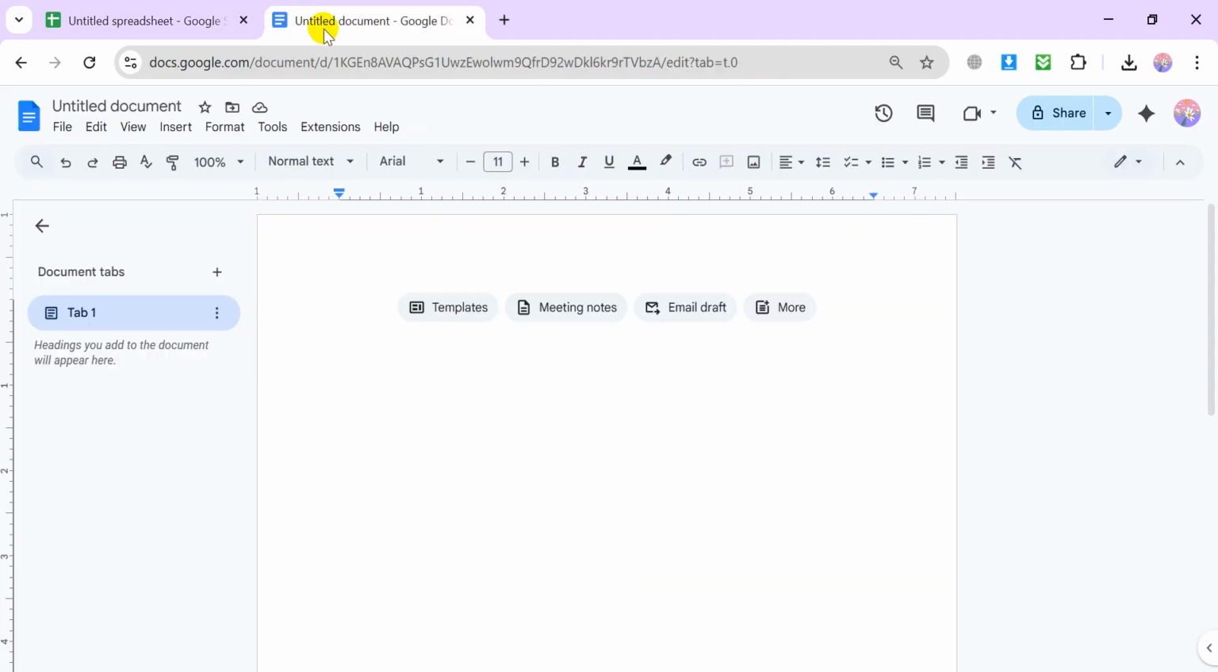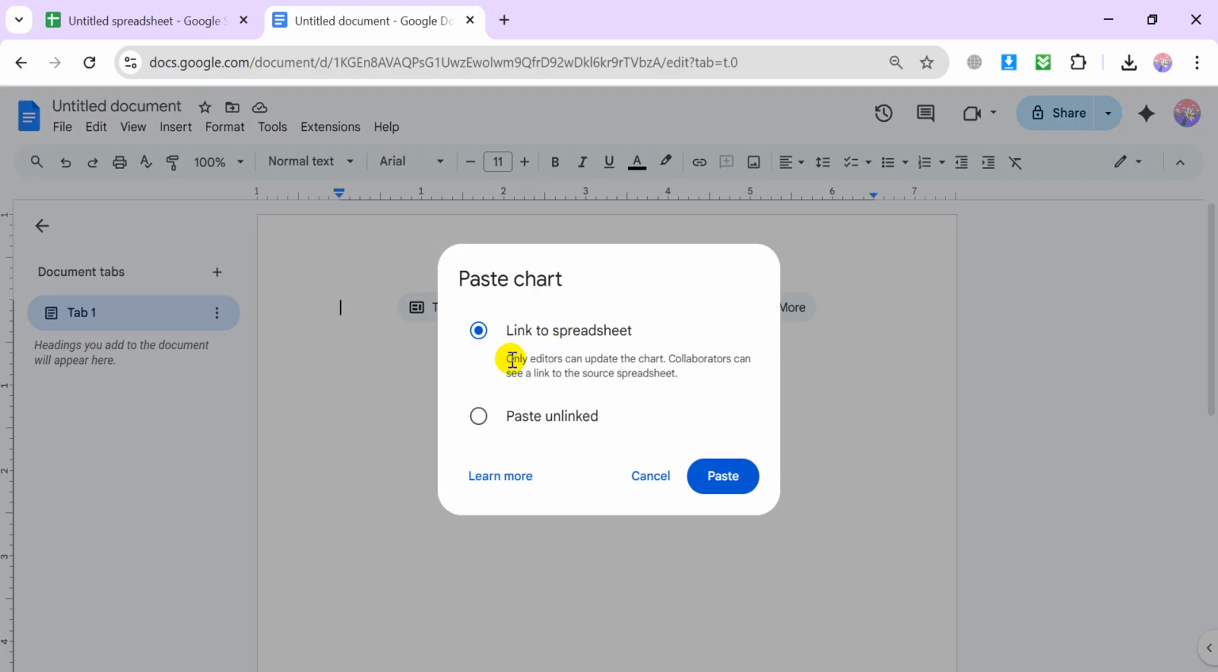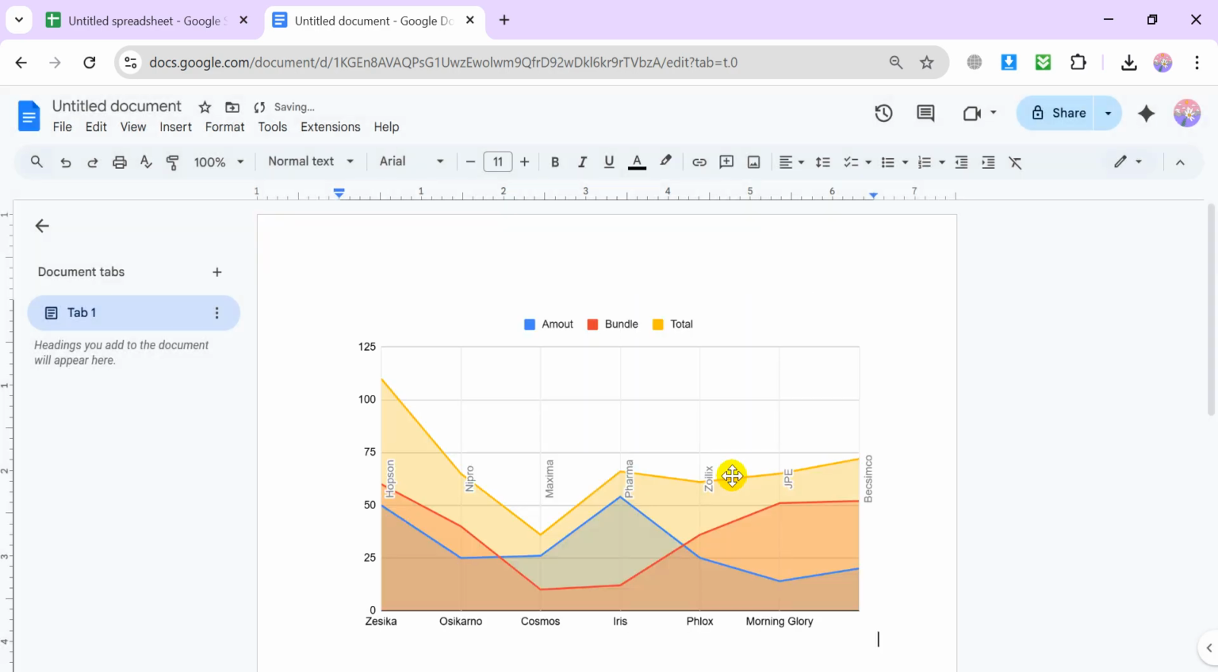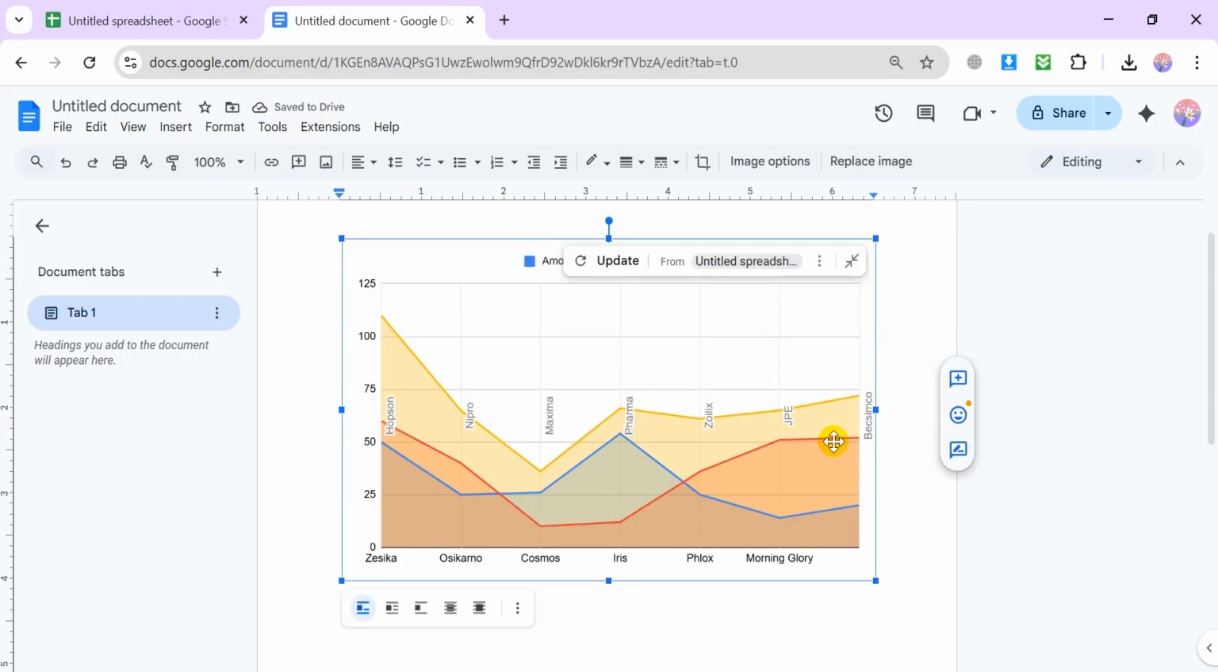Now we can see here the Google Docs we opened. Now you want to paste into Google Docs. You can use the manual option: click the Edit option and click Paste. You can link the chart to this spreadsheet, otherwise paste unlinked. Now I am clicking the link option to edit any time, and we can see we copy the chart from the sheet to